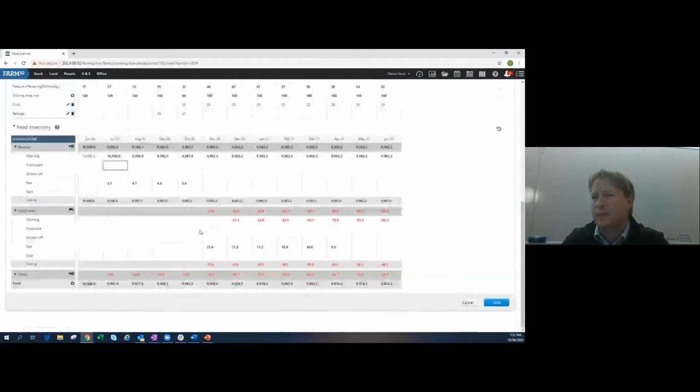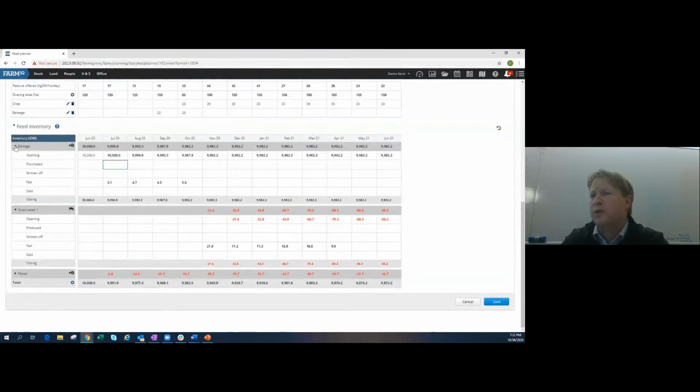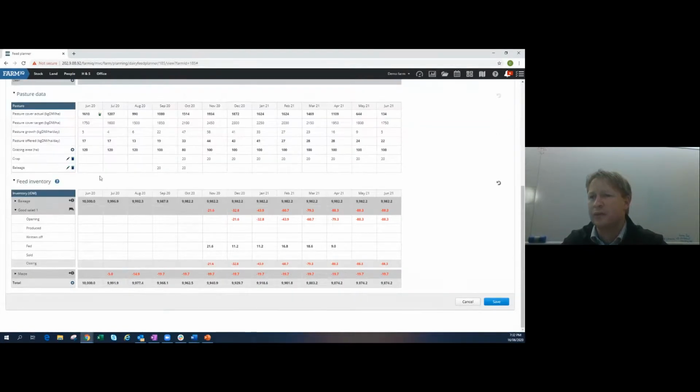so you know how much feed you've got left. Now, important to note here, just because it's in the feed budget, or this feed planner, it won't take it out of your real inventory. This is an isolated feed planner. So don't expect it to take it out of your real inventory. This is just showing you what you've got available. And same with your